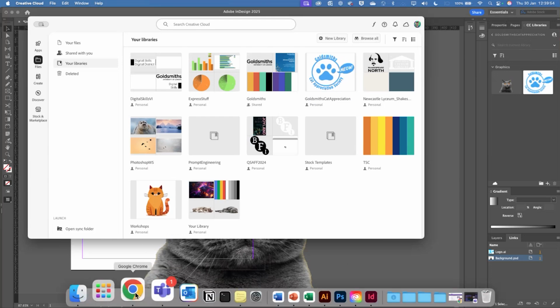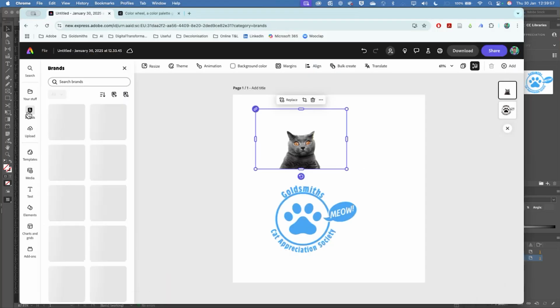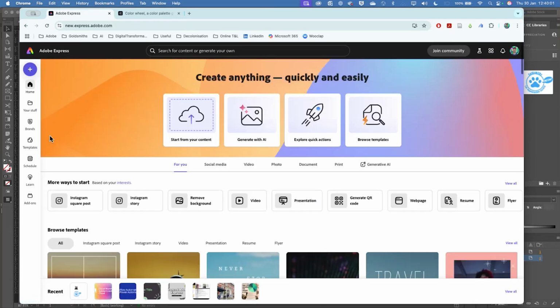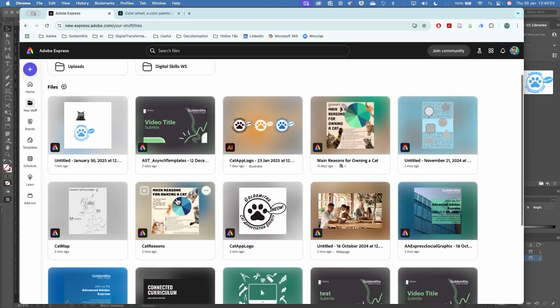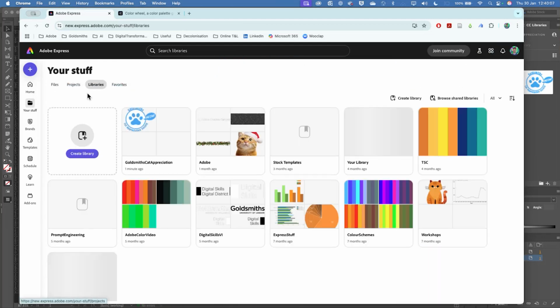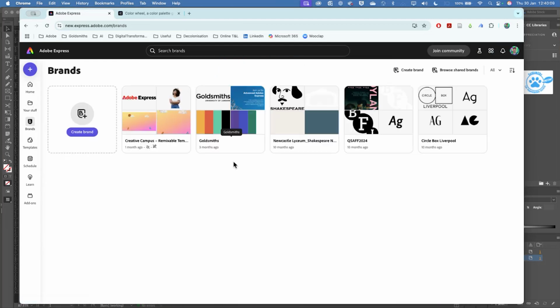And if I go to Express and have a look in here, it looks very different. You've kind of got this libraries thing, but then you've also got this brands thing. And if you're looking at this in a desktop app, then they're all lumped together.